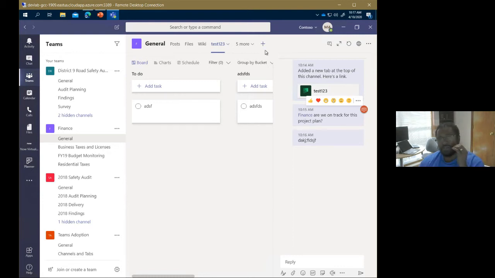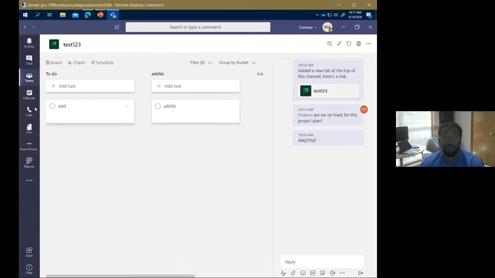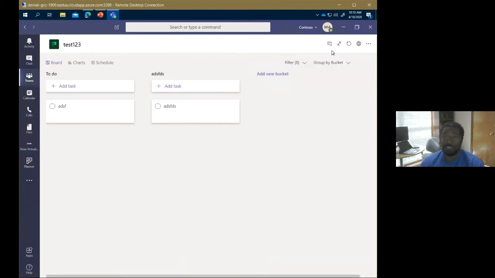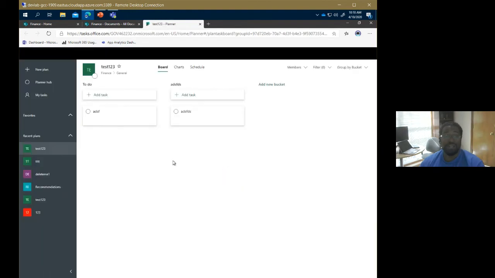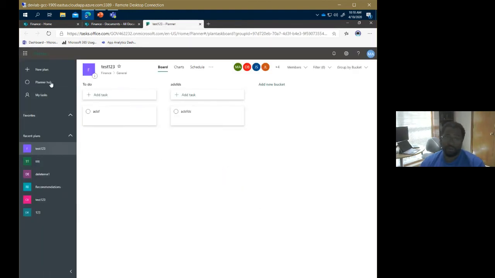So that's that conversations piece. And again, always remember this go-to website, right? If for some reason the tab feels stifling, like maybe not enough room, that's actually solved with this expand tab piece. You can see it got rid of all my other stuff so that I can stay in the moment. I can get rid of the conversation if I wanted to. So that's a useful one. But also, again, go to the website. It's going to open it in the browser. And now this is the full-blown Planner with all the bells and whistles. So I'm always one click away from getting to the full-blown thing if I need that.